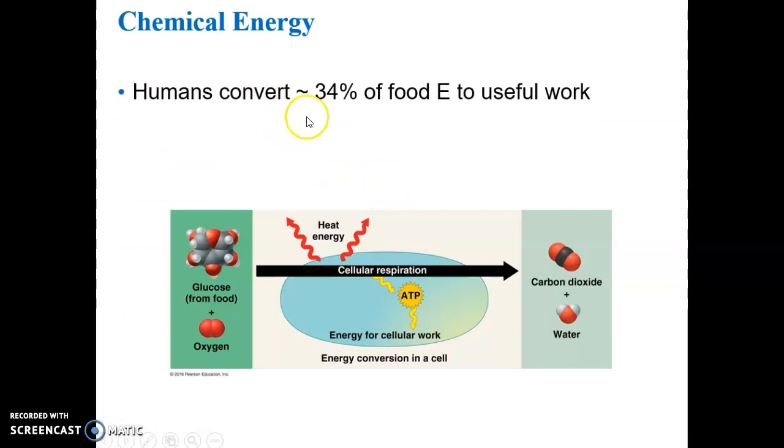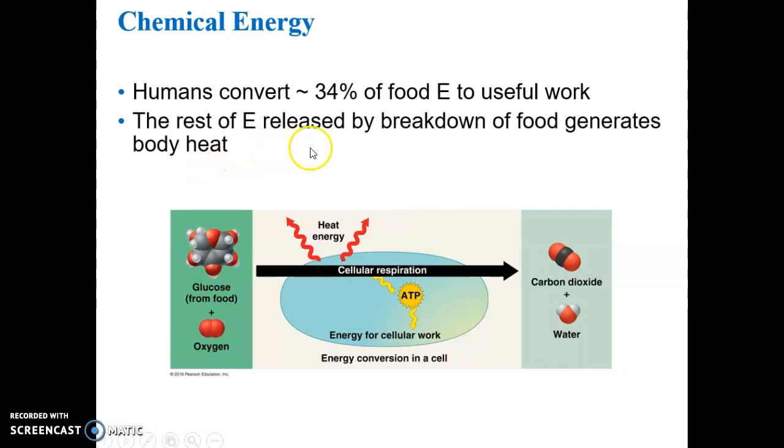So humans are fairly efficient at this. About 34% of the food energy that we ingest and break down is transferred onto ATP. It's about a third. That sounds low, but it's actually pretty high in terms of utilizing energy from food and transferring it to ATP versus how much energy gets lost in the environment. So the rest of the energy is released